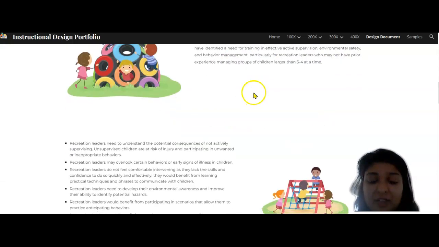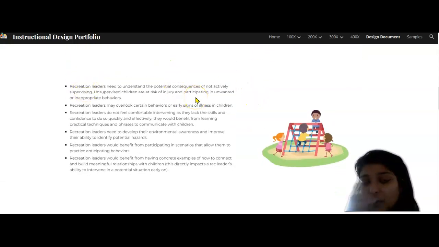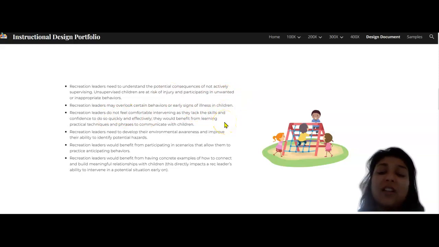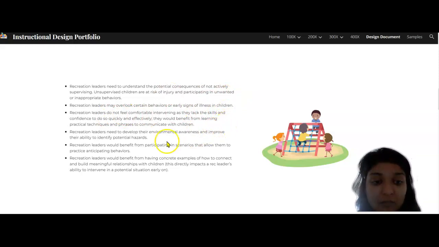After observing our rec leaders, we realized that they weren't effectively supervising children because they don't understand why it's important to supervise children. They also overlook certain environmental hazards, or they are even unable to identify that something could be an environmental hazard. They're also not confident enough to communicate with children, and they do not have a behavior management plan in place that they stick to and are able to intervene with